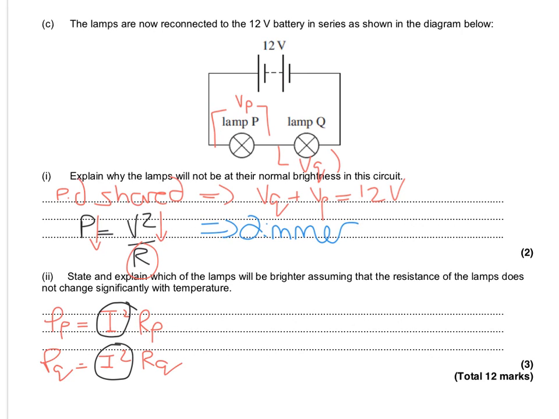So what you find is that in this case, the power, and therefore the brightness, is directly proportional to the resistance. We calculated in the previous question that RQ is much bigger than RP. I think this was 24 and this was 4. So this term here is actually 6 times bigger than this, so Q is going to be considerably brighter due to the increased resistance. And it's using this equation that allows you to explain why, because the power dissipated is directly proportional to R, and the resistance of Q is considerably greater than that of